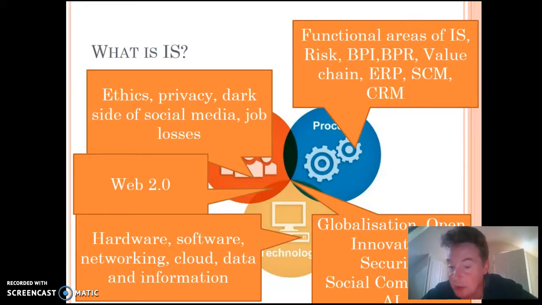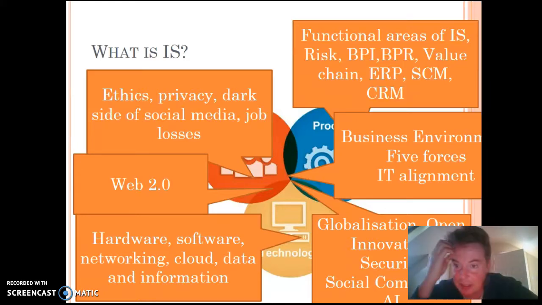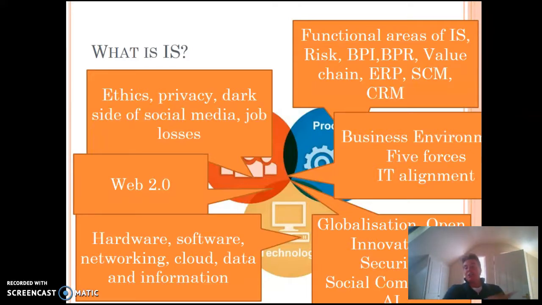Security. Security is a socio-technical problem. It relates to people issues as well as technology issues. We've social computing, things like Facebook, artificial intelligence. And another thing to think around is the business environment itself. Things that are very important in that is how technology is actually changing the business environment. So Porter's 5 forces gives us a really powerful way of examining that. What we often see is that technology has actually radically changed the environment of an entire industry, such as book selling or fashion. The 5 forces allows us to look at that.